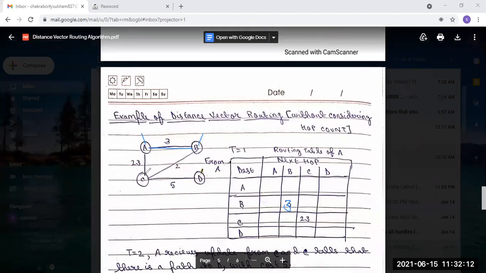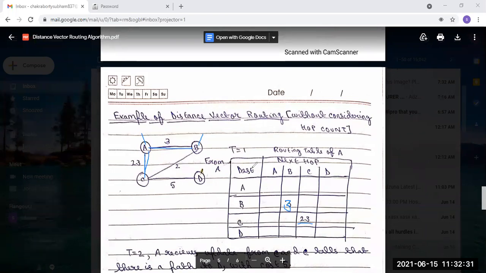Same for A to C, this is also a direct communication. So C is the destination, and there is no next hop, so we consider the destination as the next hop. In C, we put the value 23 here.